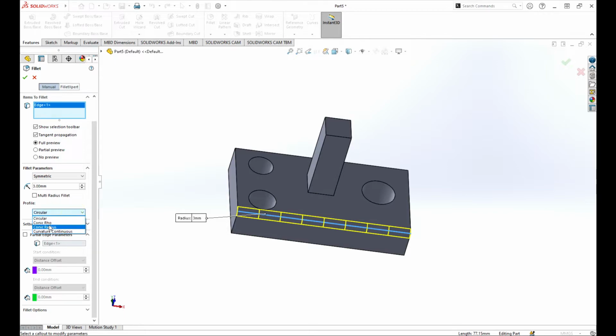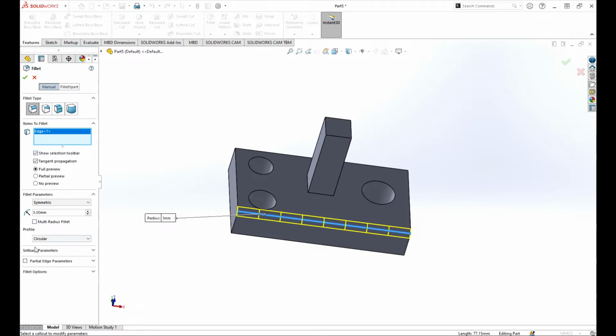So multi-radius fillet is helping in such a way that within the same property manager, you will have different corners selected, but you have the ability to enter different fillet radii